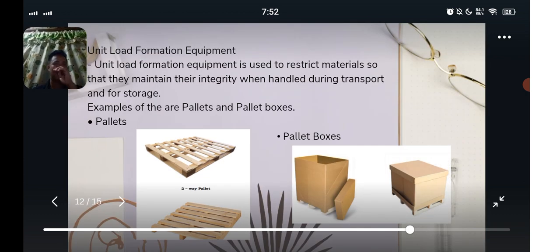Unit load formation equipment. Materials are constrained using unit load formation equipment so they can be handled safely during storage and transportation. Examples are pallets and pallet boxes. Pallets are flat transport devices that provide sturdy support for the items being lifted by a forklift. Pallet boxes are reusable containers used to group and safeguard loose objects for handling by forklifts and platform trucks. And then next one is